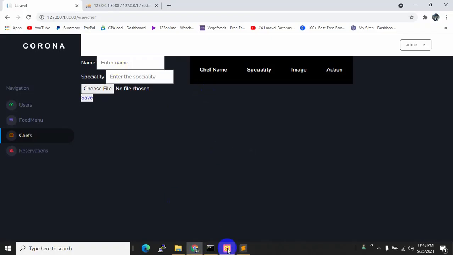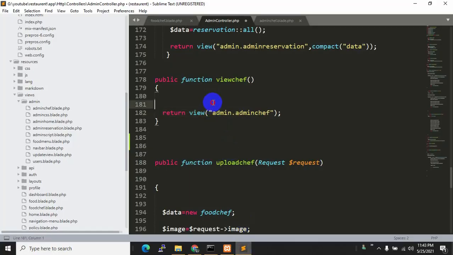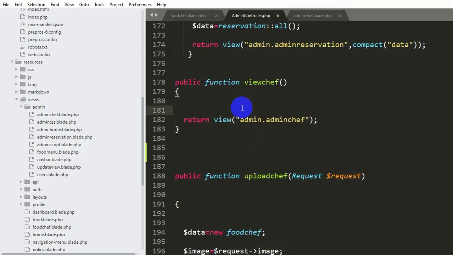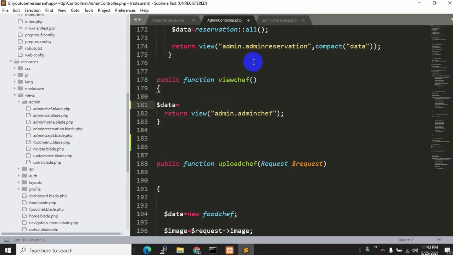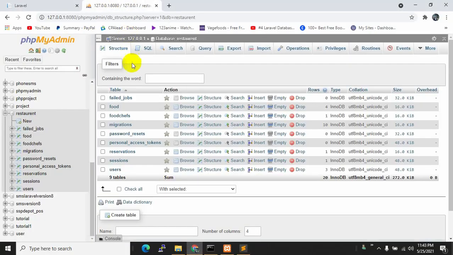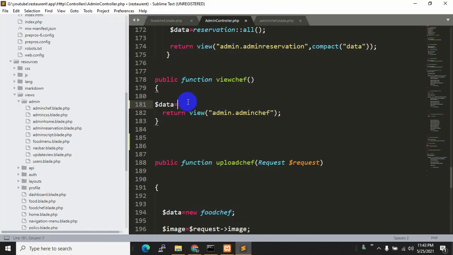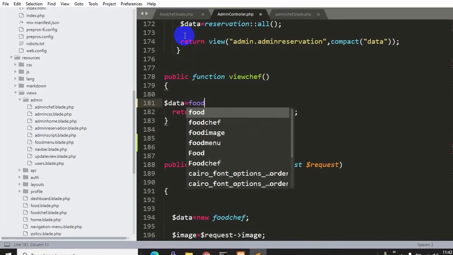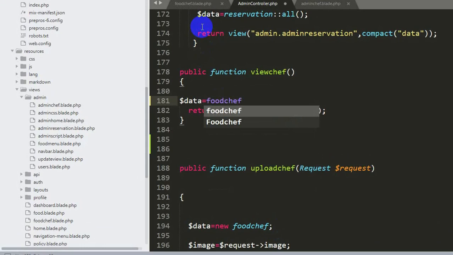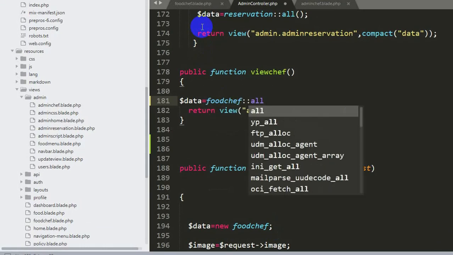So we are going to declare a variable over here. We'll say $data is equal to our table name, which was actually this one. You can see our table name is food chef, so we'll say foodchef, then this sign all.